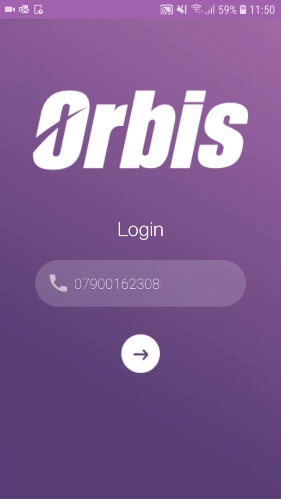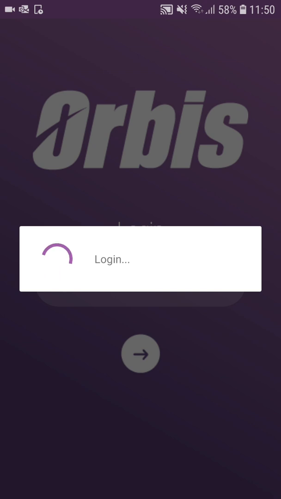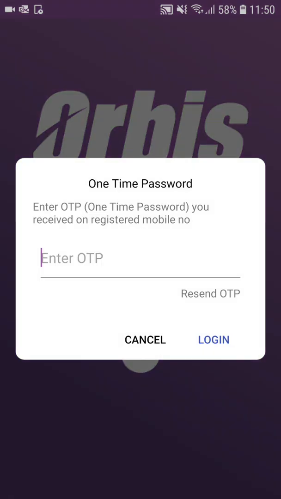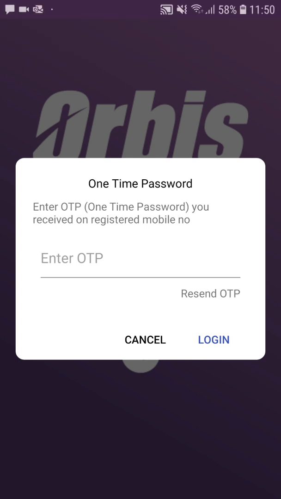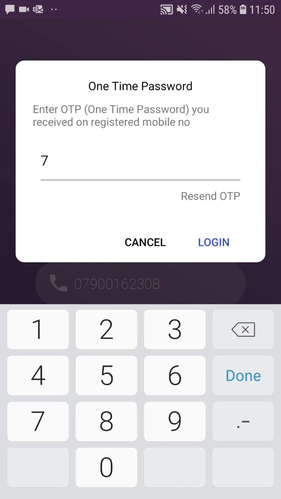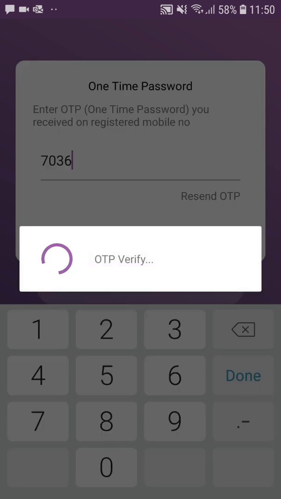Press the arrow. What it's now doing is communicating with our server. If that number that we've entered is an authorized number, then it will send a one-time password via SMS to the handset. Simply type that in the area provided and press login. If successful, it will log you into the application's home screen,